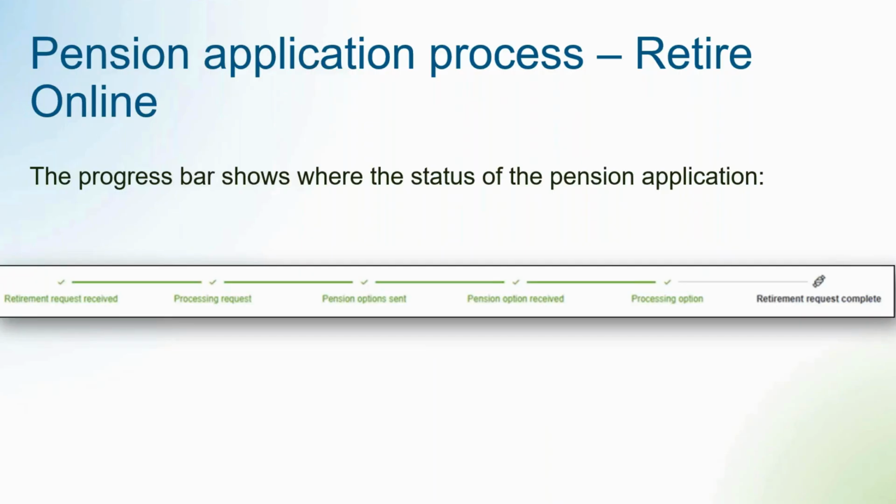Here's how the process will work. A member will notify their manager or HR department to start their retirement process through the regular channels with the employer. You will then submit the member's pension application to CAT through PAL. Both you and the member will be able to track and receive status updates on the application online on the